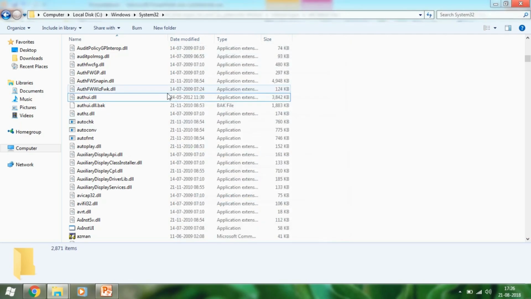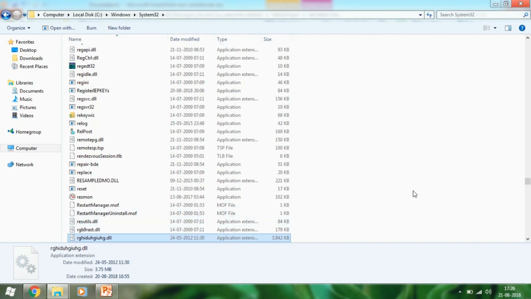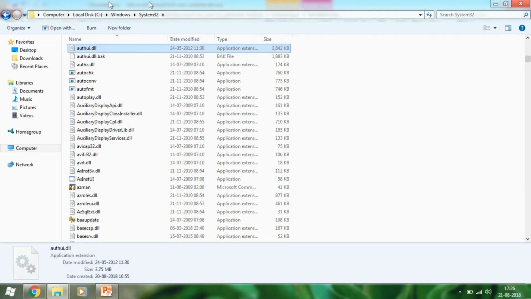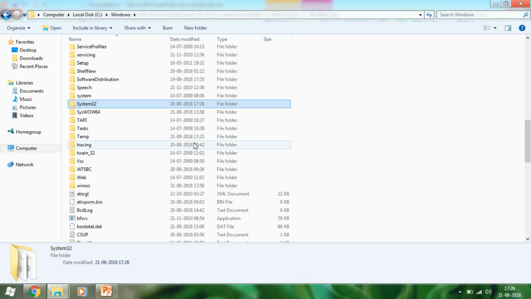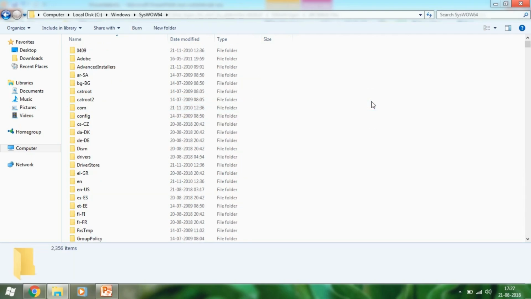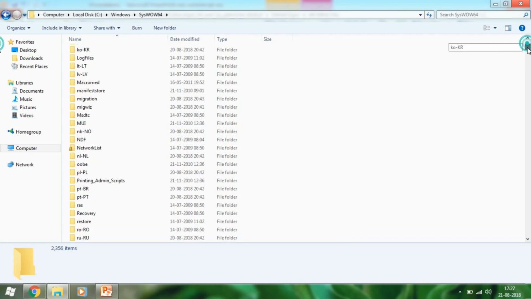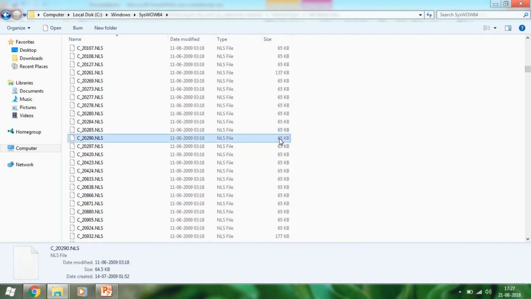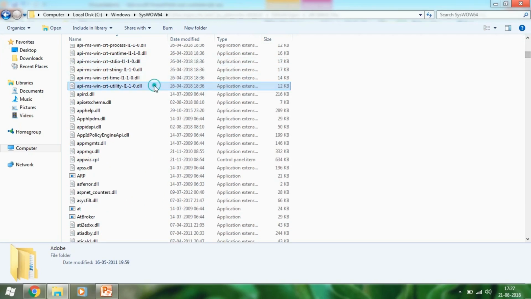You cannot delete it, just remember that. You won't delete it, just rename it to whatever you want, just don't delete it because you cannot. Now after pasting it in System32, if you have a 64-bit system and you are copying the 64-bit file, just go to SysWOW64, and in this folder you have got another instance of your 64-bit files which support your 64-bit architecture. Now in here we need to search for that authui again,